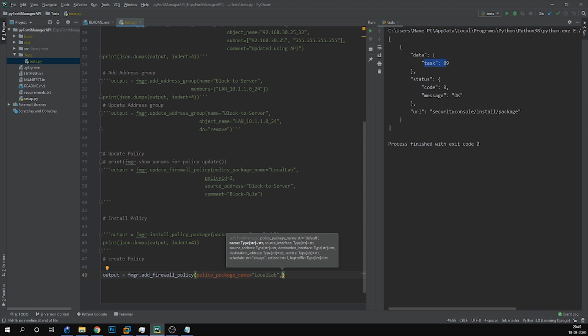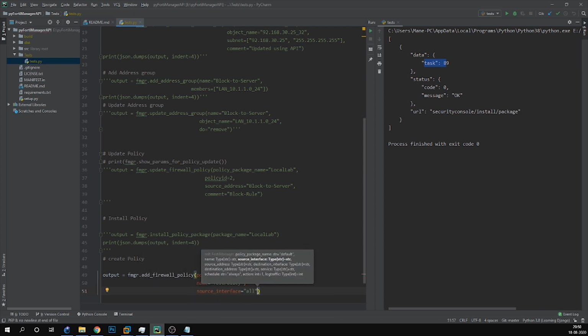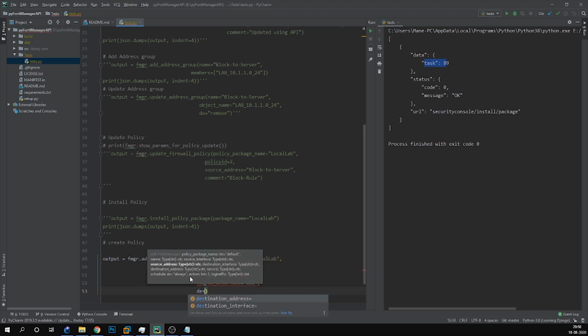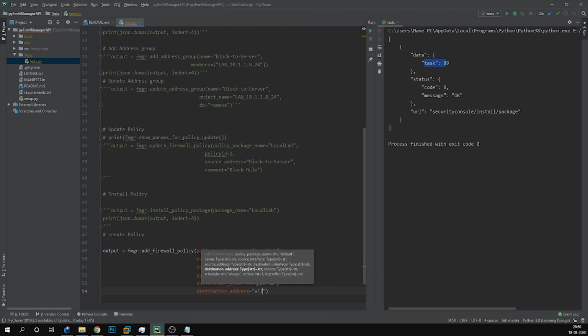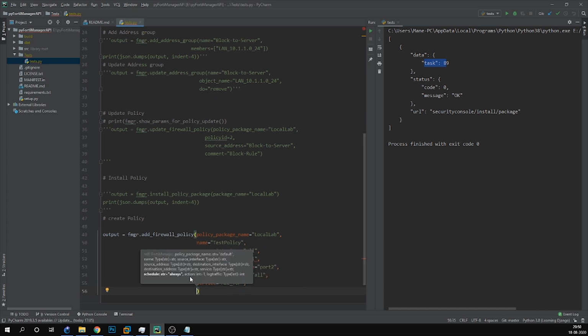The name of the policy, I'll give it a name. Service, we will permit all TCP traffic. Schedule is kept always by default. Action is also kept 1 by default. Action equals 1 means we will permit.